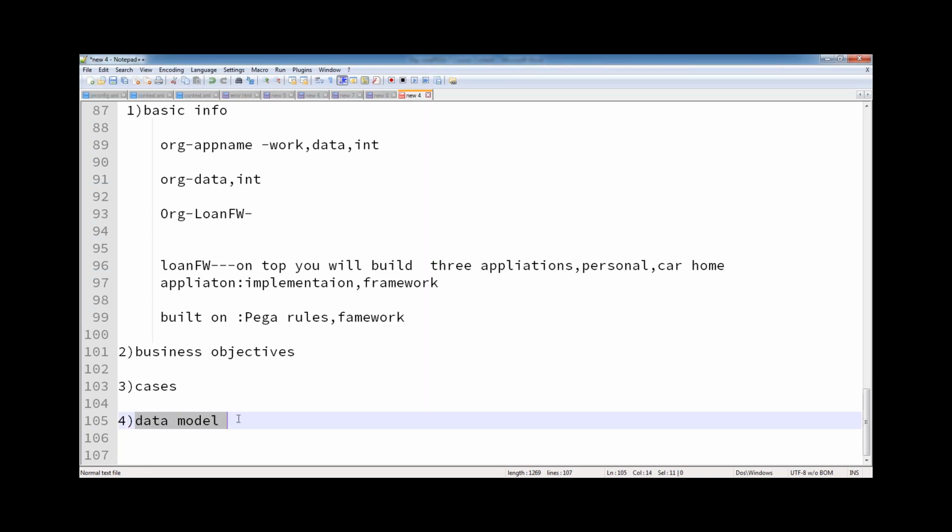And here, the data model. The data model is nothing but data classes. You are creating an application, so you need a mechanism to store the data. Store the data doesn't mean in the database I am speaking about. The data model will be useful to take the data and traverse the data. The data will be traversing between the screens, between the applications, between the cases. How will the data traverse? With some medium. That medium is nothing but the data model.